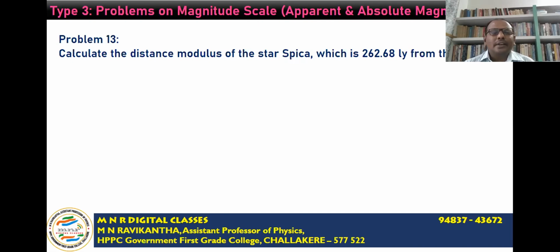Next thing, you are asked to calculate here the distance modulus. You know that the difference in the apparent and absolute magnitudes, that is small m minus capital M, is called the distance modulus. That is because that difference depends only on the distance of the star from the Earth, and hence it is called distance modulus. Now, to find the distance modulus, use the formula, substitute the value of distance d in parsec and do the simplification to get the distance modulus.